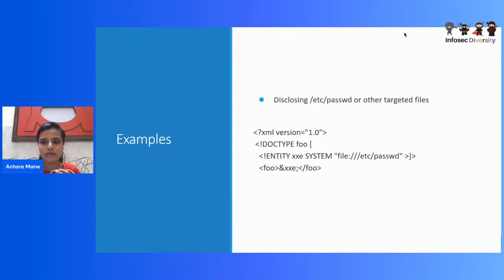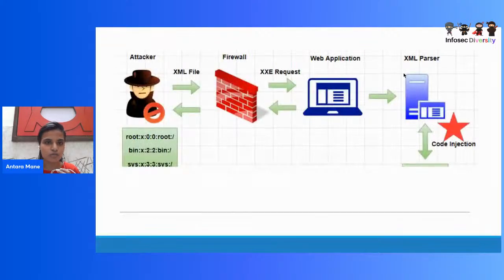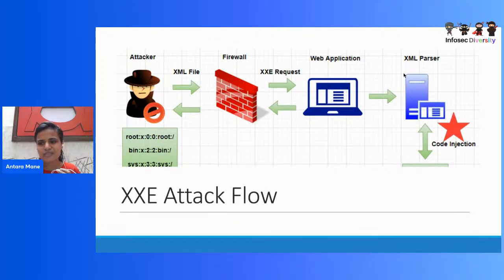And edit a data value in the XML that is returned in the application's response to make use of the defined XML entity, that is the last one. Having these sort of modifications, you can view any arbitrary files on the server. So let's understand how the XXE attack flow